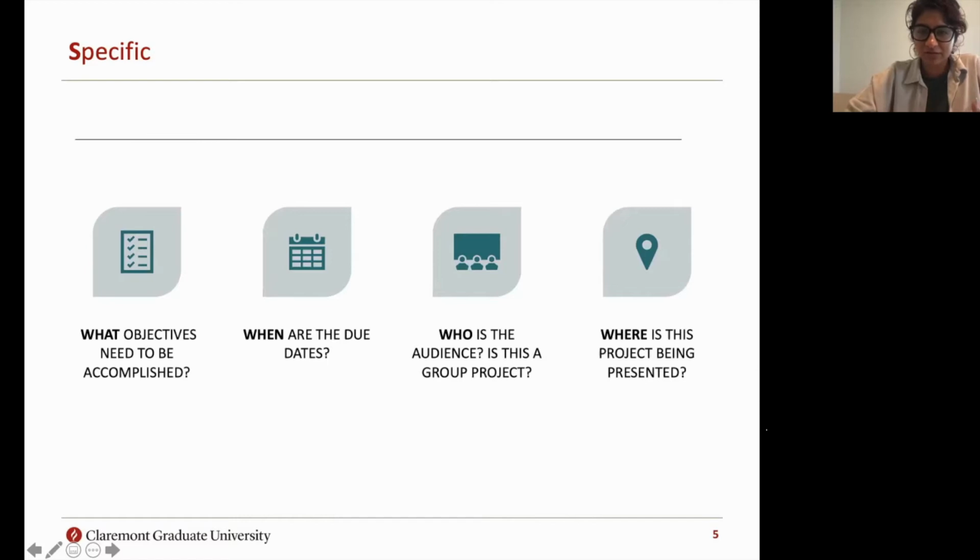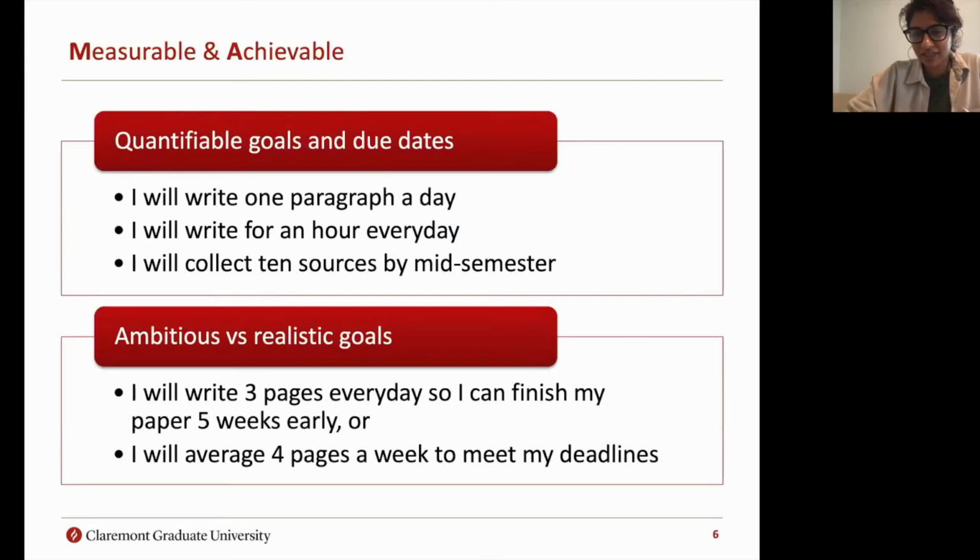So thinking about as many details as you can is really important for this part of the goal setting system in SMART goals. The suggestion here is that once you think of all of these details, you can outline them and list them out. That'll help as we move on to the next part of goal setting, taking these bigger objectives and breaking them down into smaller parts. This ability to make measurable and achievable goals starts with building those specific outlines and listing out everything you need to do.